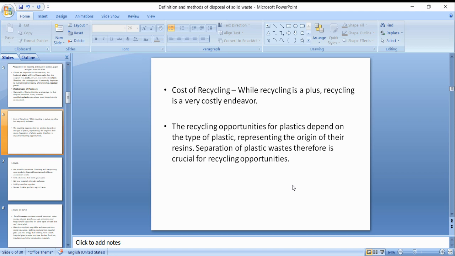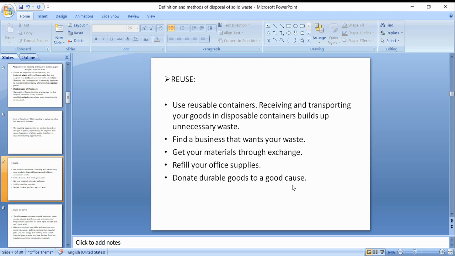That is why we are calculating the quantity, how much we are generating. Only then can we do that. Next, the recycling opportunity for plastics depends on the type of plastic and the origin of the resins. So separation of the plastic is crucial for recycling. Next comes reuse. So reuse is nothing but